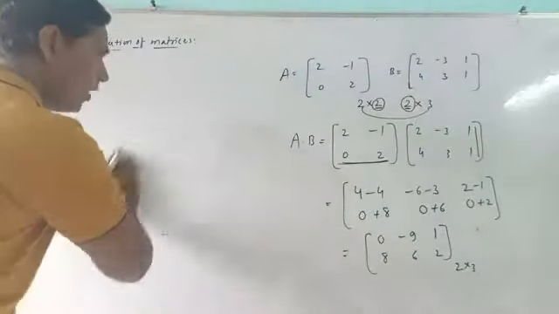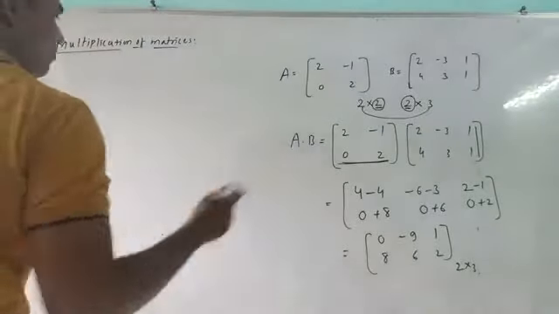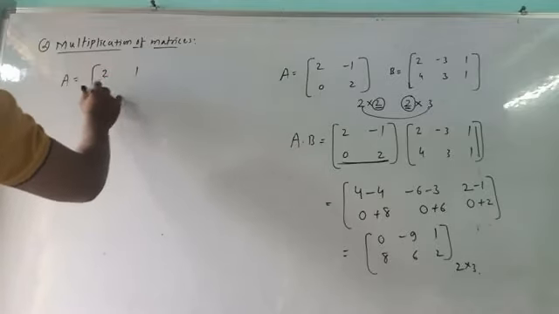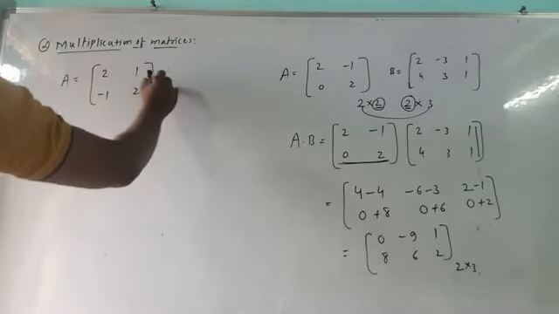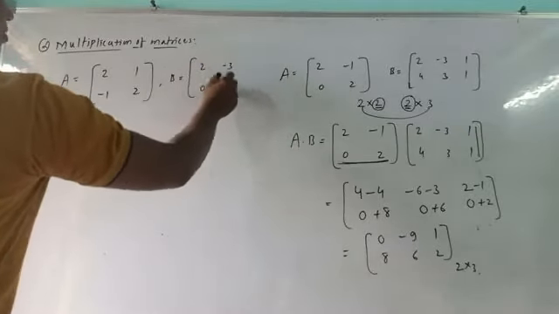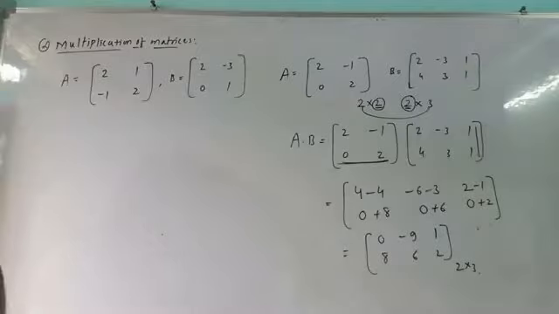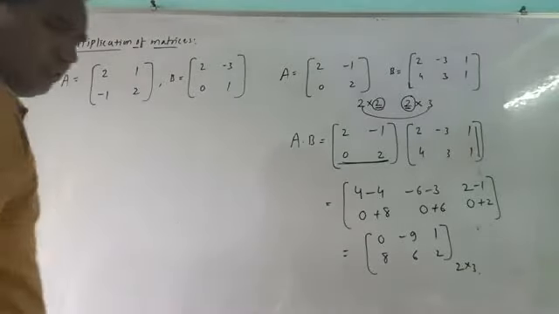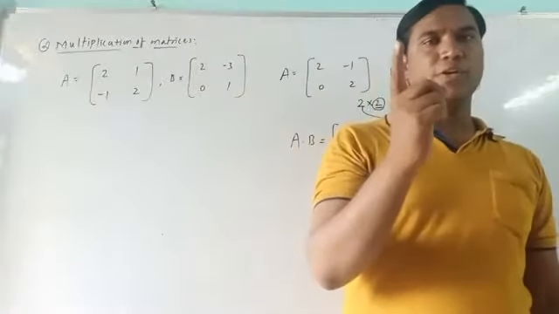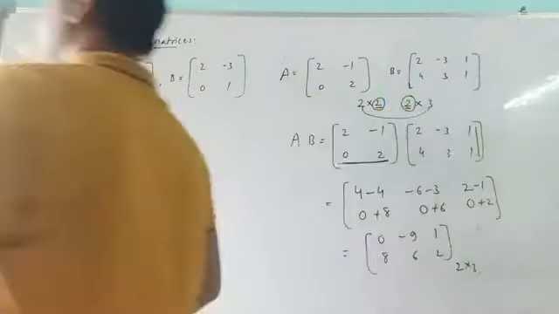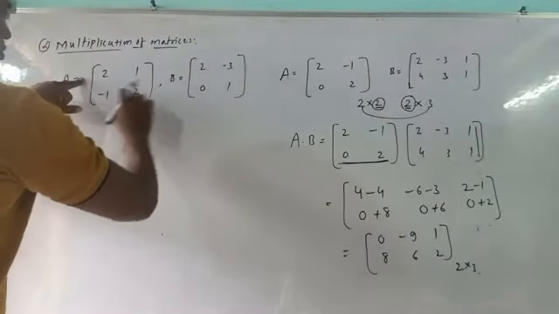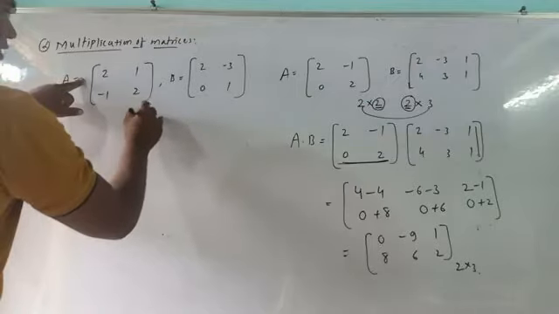First we take a 2 by 2 matrix. So randomly we take one example. Suppose there is a matrix A, 2, 1, minus 1, 2. And now there is a matrix B, 2, minus 3, 0, 1, like that. So as per our steps, how many steps do you have to observe here? 3 steps. First, we have to write the order of the matrix. First, find the order of A. 1 row, 2 rows, and 2 columns are there. So the order is nothing but 2 by 2.